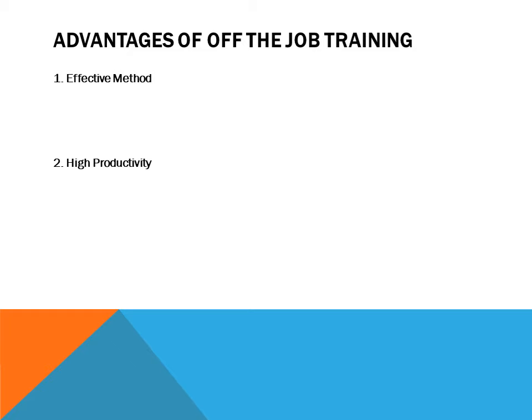The speed of the work will be very slow, and that will lead to lower productivity, and you cannot achieve high productivity in on-the-job training. Since initially you learn things there while doing the work, and while you are learning, definitely you cannot give high productivity. You cannot increase your speed. Okay, the speed will be slow.